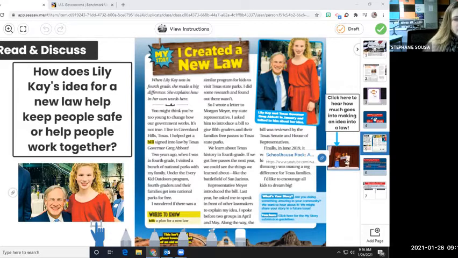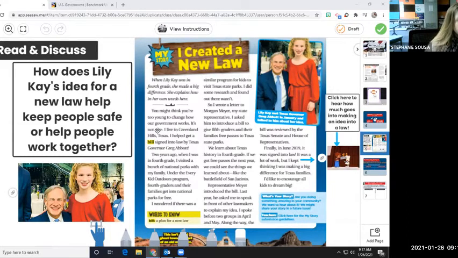So taking a look at this text, we're going to read together and you're thinking, is she helping people work together or helping keep people safe? Here we go. When Lily Kay was in 4th grade, she made a big difference. She explains in her own words here. You might think you're too young to change how our government works. It's not true.